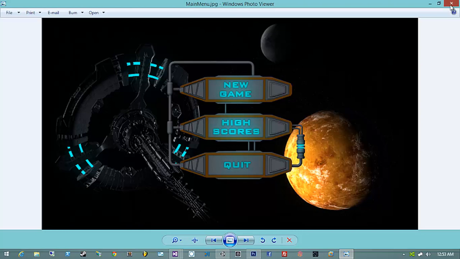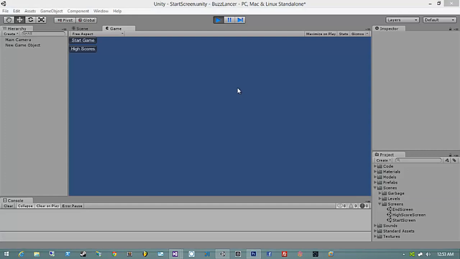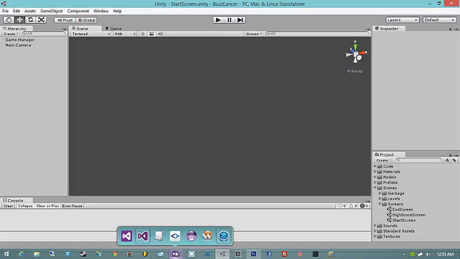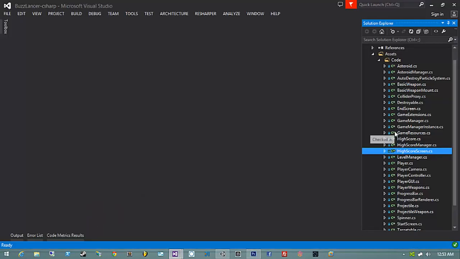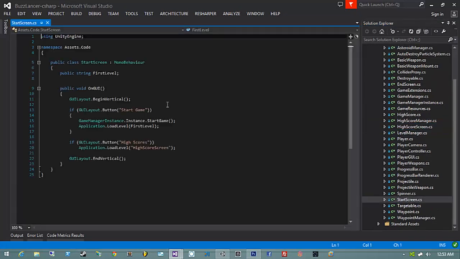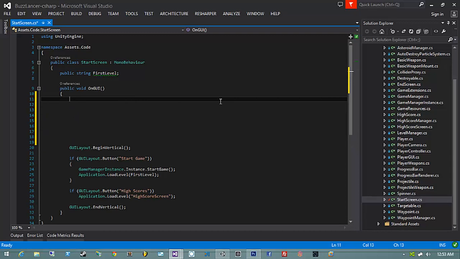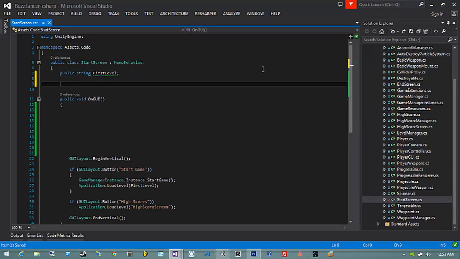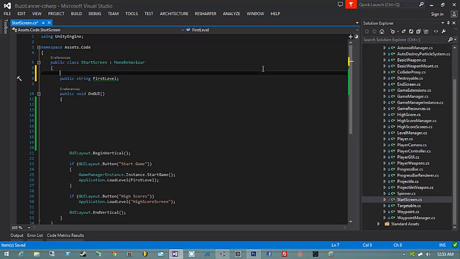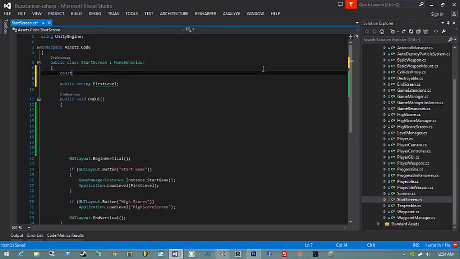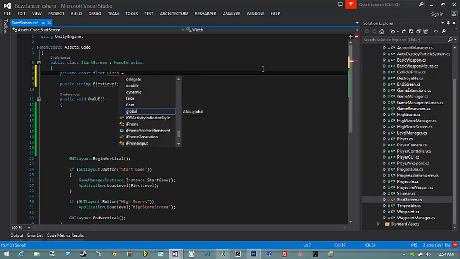Sounds very good. Alrighty, so I'm going to start off by going into my start screen and writing that all out. So let's jump into the start screen, and I'm just going to move all this code off to the side because we're going to be replacing that shortly. The first thing we need is the native width and the native height of the screen stored somewhere. So I'm simply going to say private const float width. Now the width and the height of these textures are 1920